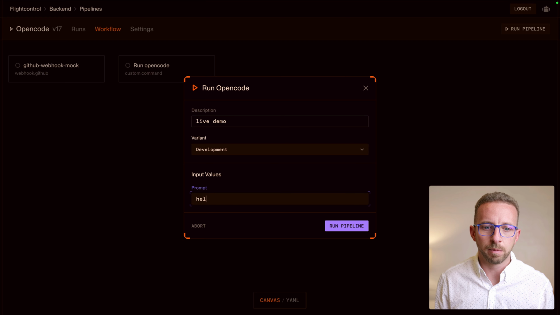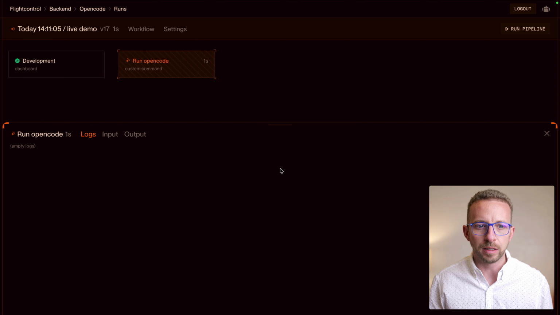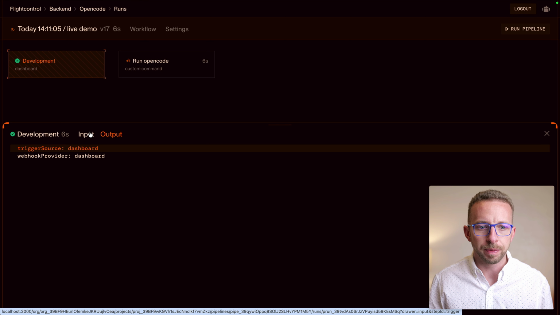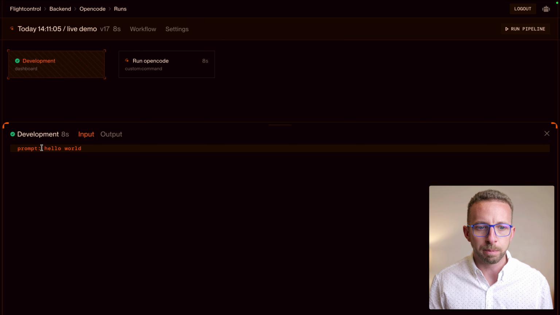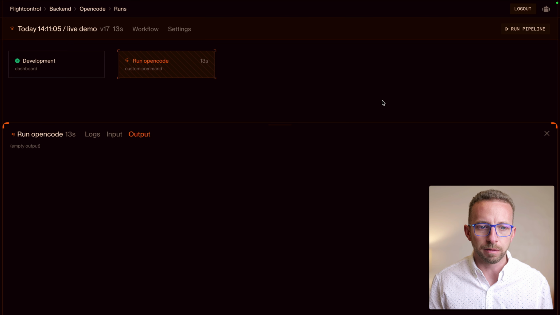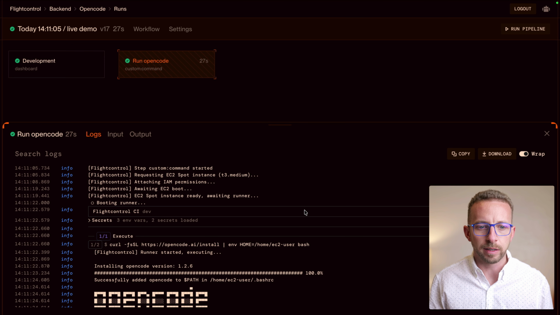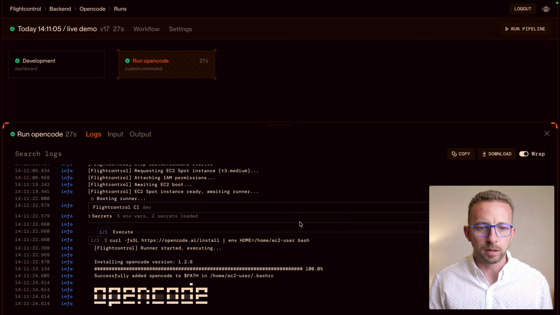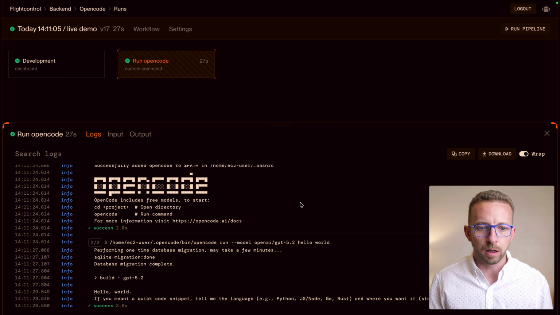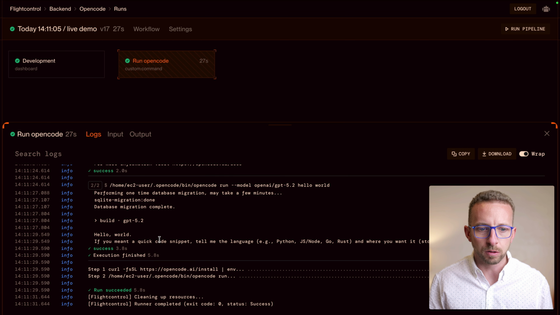And now you can see the run. You can see that this is the development variant running. You can see the input to the pipeline, output details, and the step itself. And now you can see that it has completed, and you can see all the logs requesting EC2 Spot instance, booting. You can see the OpenCode being installed. And here we run opencode run, and we say hello world,